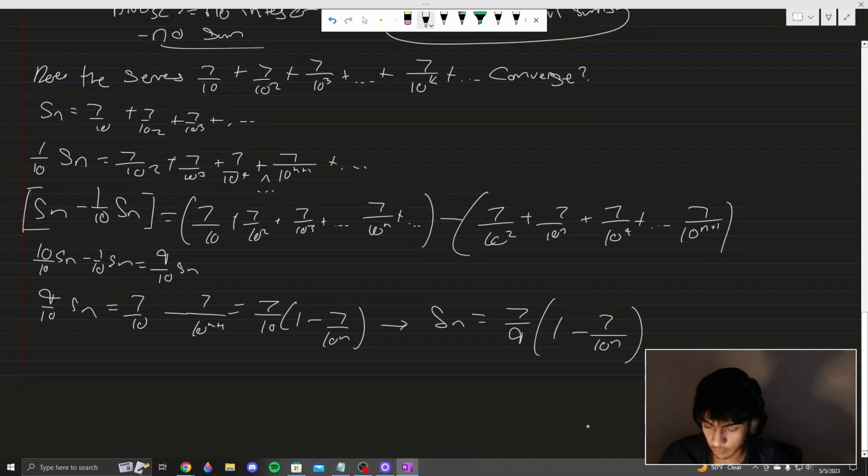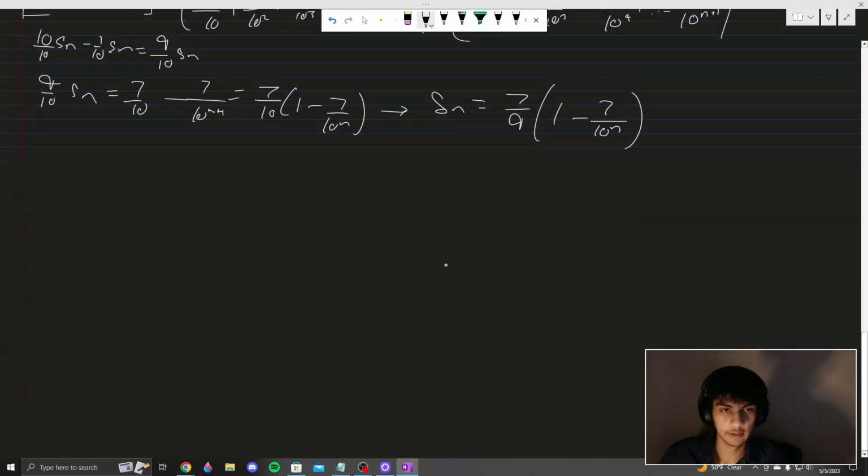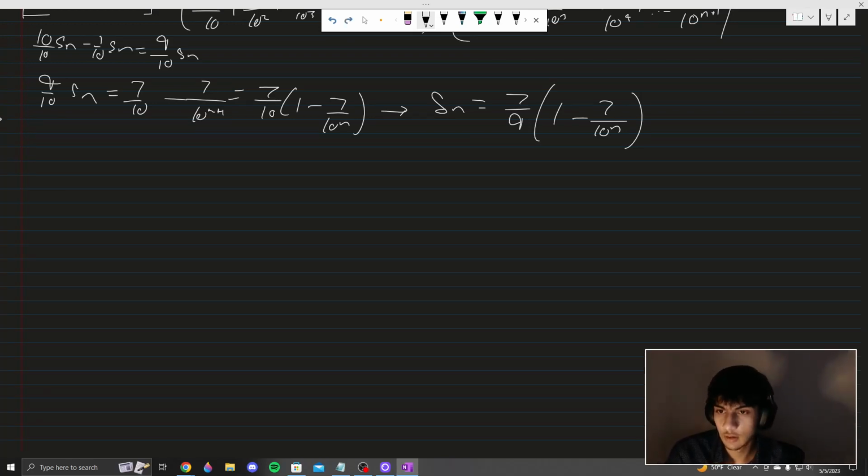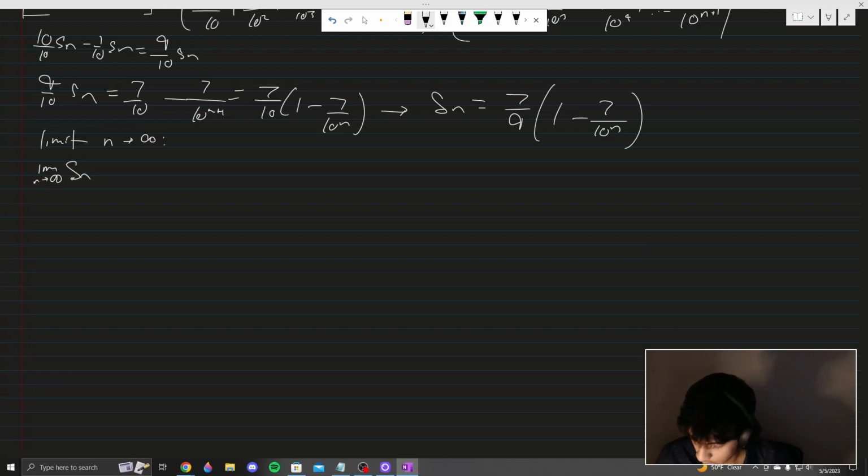And now we want to take the limit, right? We want to take the limit of this partial sum. So the limit as n approaches infinity of S of n equals 7/9. So therefore